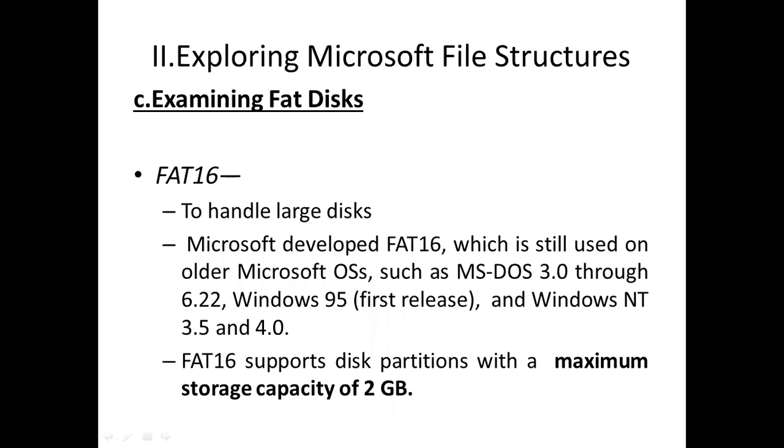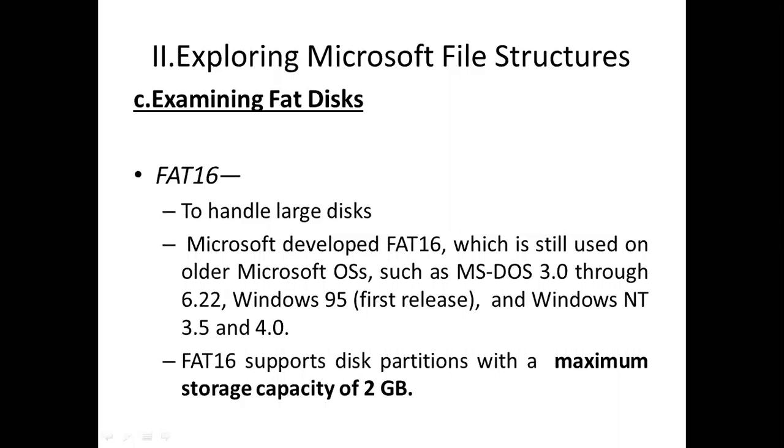Okay. So just as the name implies, it is important for the use of hard disk, and it handles larger disk. And if FAT is lost, the data on the hard disk cannot be used because it is unable to be located. So FAT16 generally is used to handle large disk, but in case the data is lost, you will not be able to locate it. That was a drawback in FAT16.